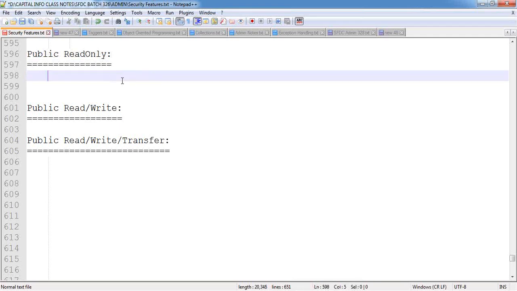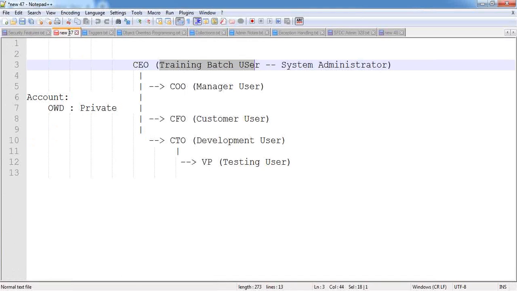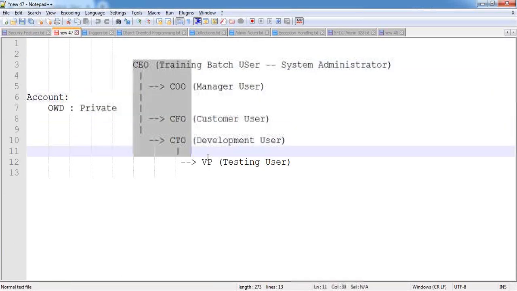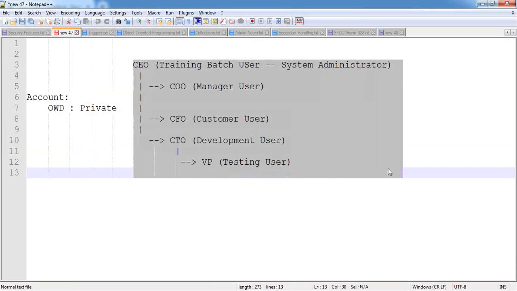The next OWD option is public read only. Then what do you mean by this public read only here? If I am making an object's OWD as public read only, then what does it mean here? Now let me explain practically. For example,